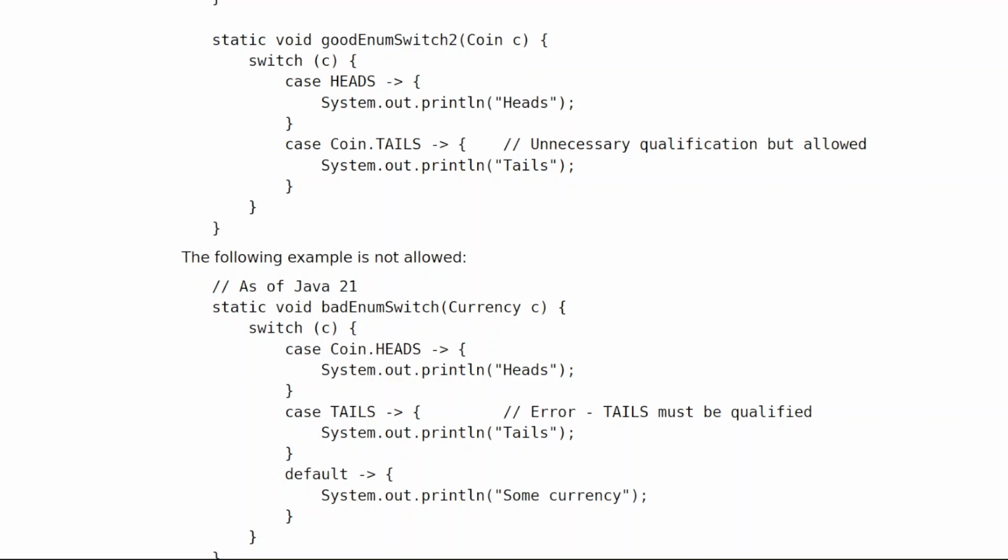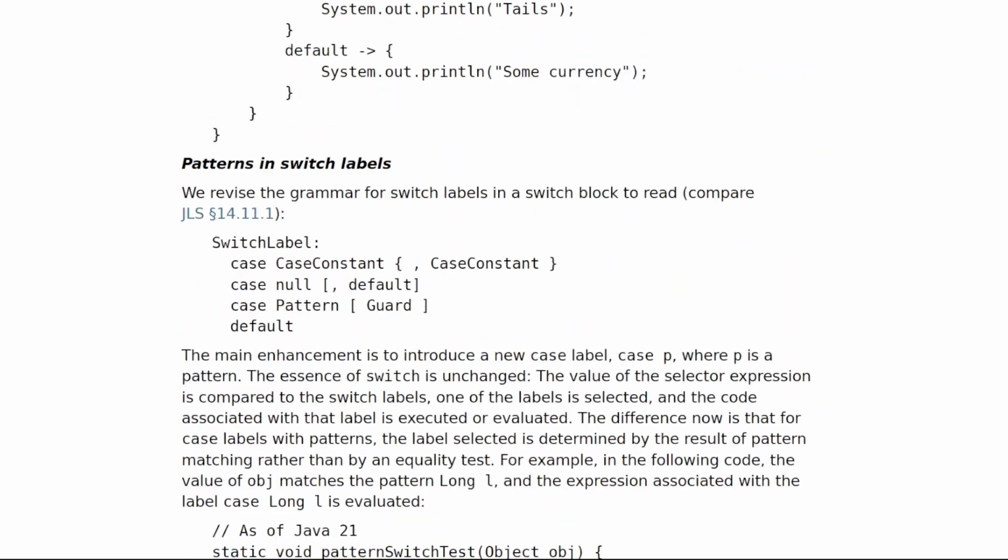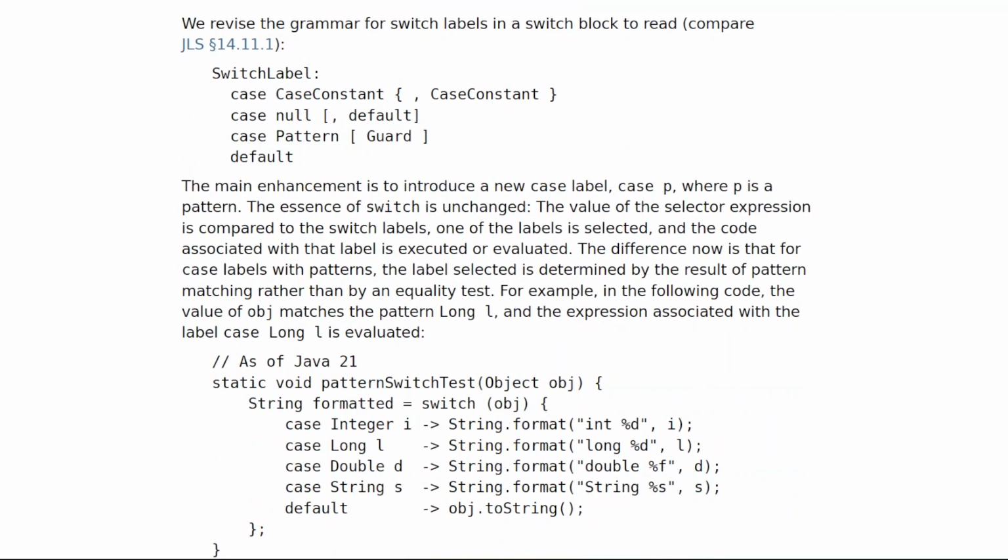// as of Java 21. static void badEnumSwitch(Currency c) { switch (c) { case Coin.HEADS -> System.out.println("heads"); case TAILS -> // error, TAILS must be qualified System.out.println("tails"); default -> System.out.println("some currency");